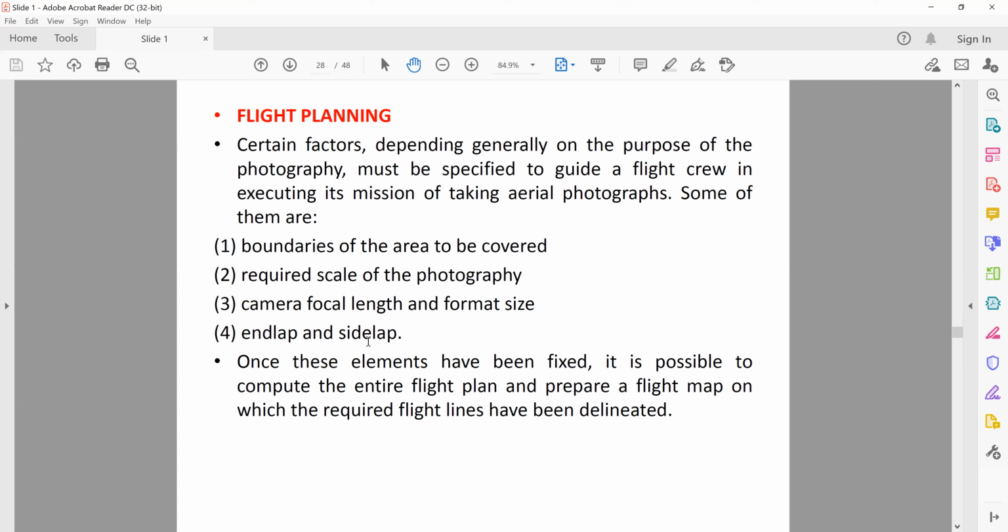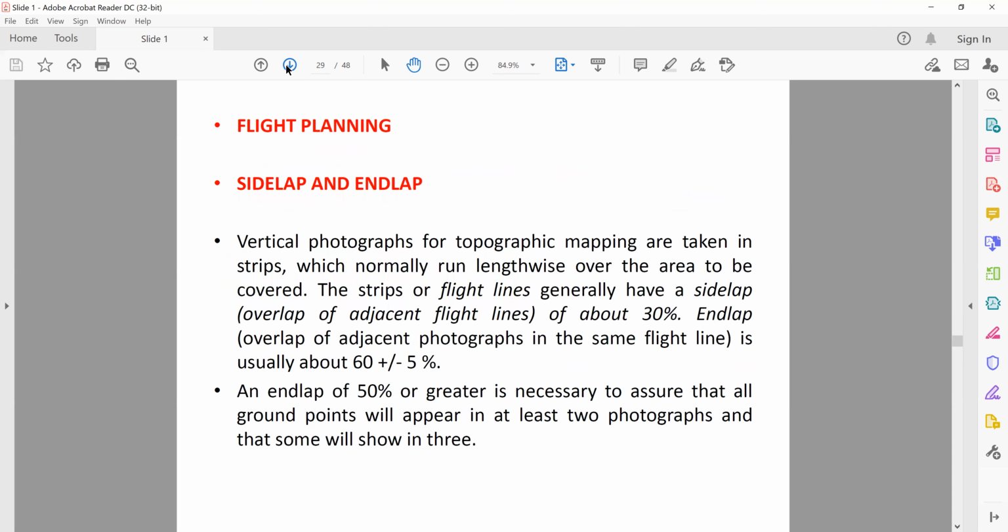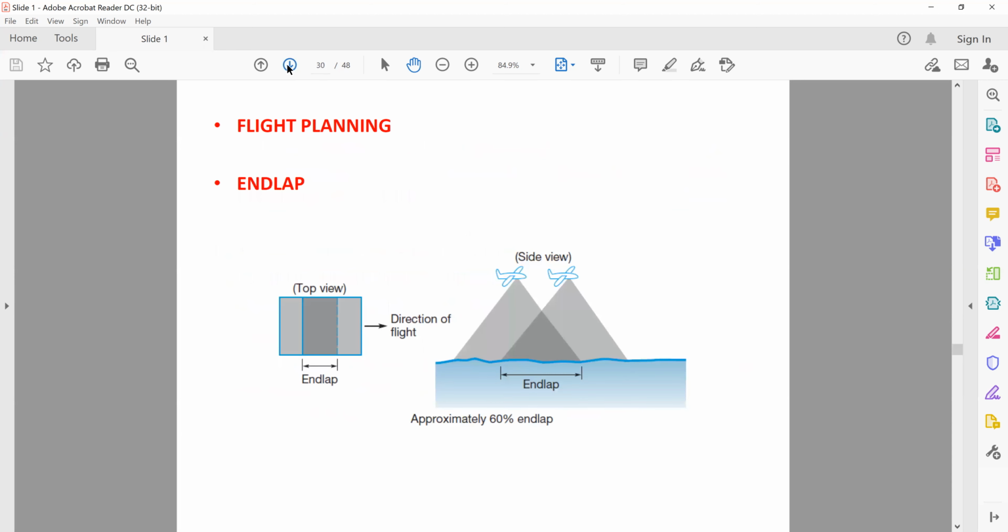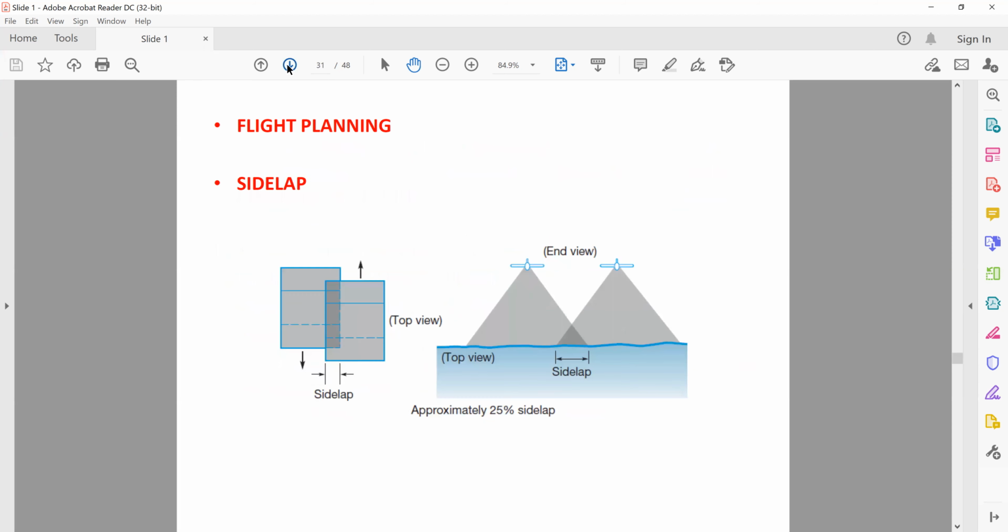They're very important. We'll talk about it in a second. So once these elements are fixed, then you can actually decide on what route the plane would take. Now talking about side lap and end lap,